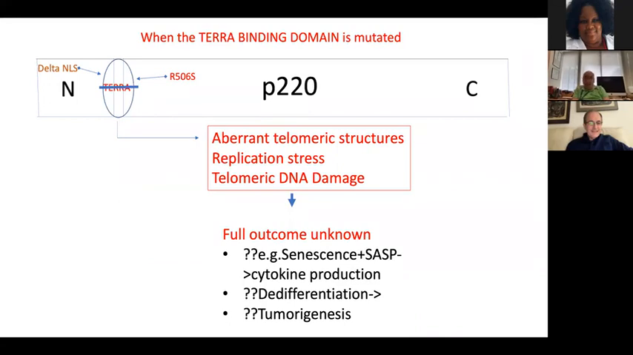So the argument then is, and I'm nearly finished, that when the TERA binding domain on BRCA1 is mutated, and TERA cannot bind to it normally, endogenous TERA cannot bind to BRCA1 normally. Endogenous TERA, whose transcription is regulated by BRCA1, aberrant telomeric structures develop. Replication stress develops. Telomeric DNA damage develops. And the full outcome of that we're studying, but one wonders, given the fact that these are telomeres,